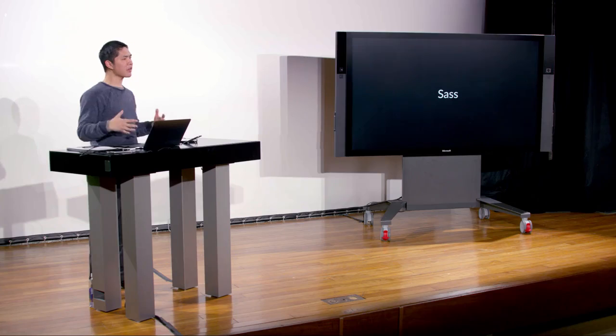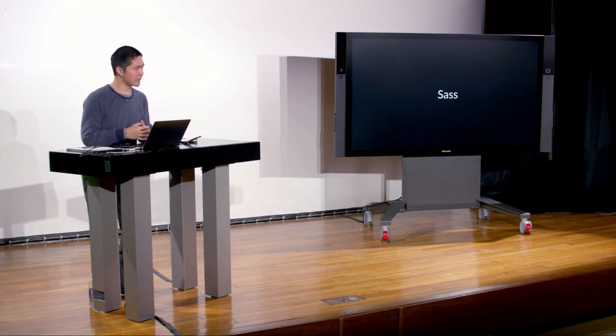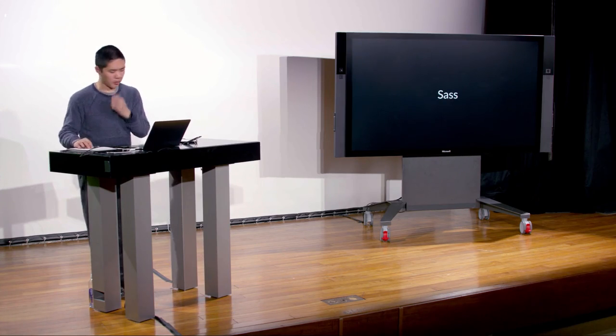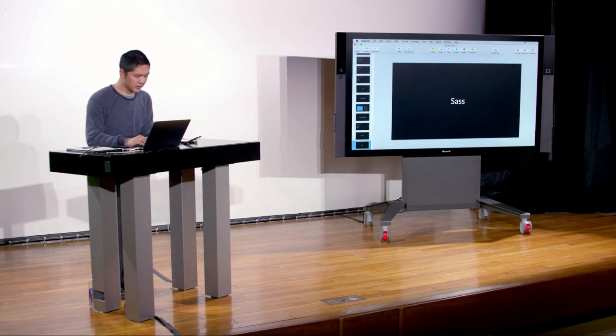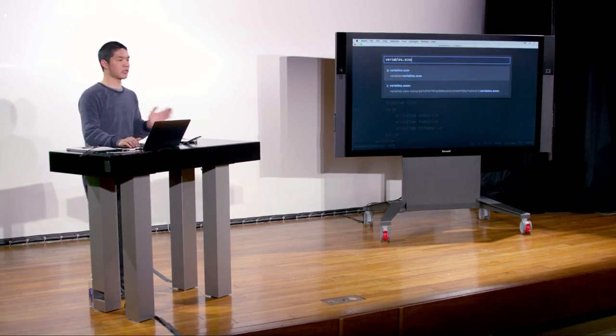And so what we're going to do now is introduce an entirely new language, which is built on top of CSS called Sass. Sass is an extension to CSS that gives us a little more power and a little more flexibility when it comes to designing CSS style sheets. It lets us programmatically generate style sheets in a more advanced and more powerful way. But ultimately, you'll see that the concepts here are just to make it easier to generate the style sheets that we want to generate. So instead of variables.css, I'm going to look at variables.scss,